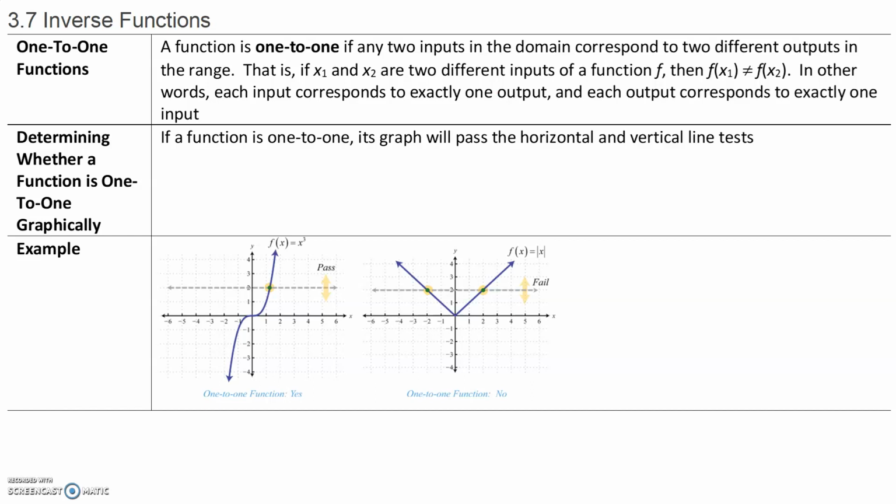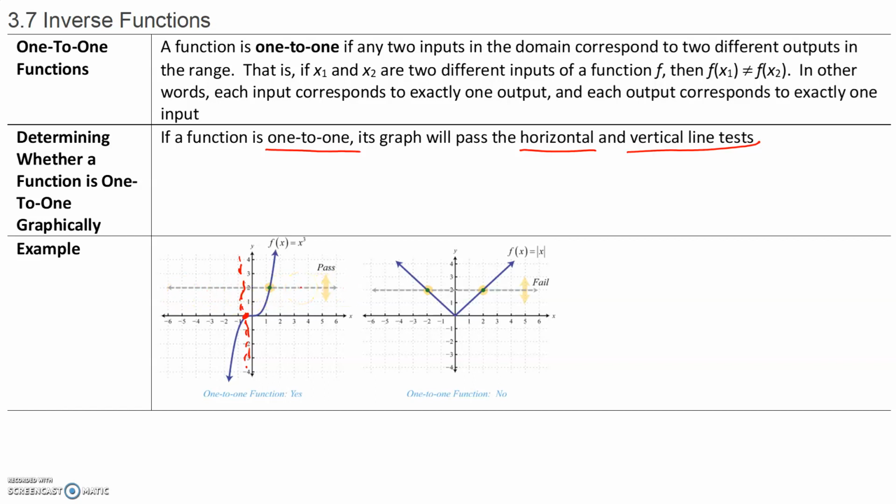So we talked about this in a previous section, where if a function is one-to-one, then the graph will pass both the horizontal and vertical line tests. For example, this function is one-to-one because the graph passes the vertical line test, which means any vertical line hits the graph only once. That makes it a function, but because it passes the horizontal line test, it makes it